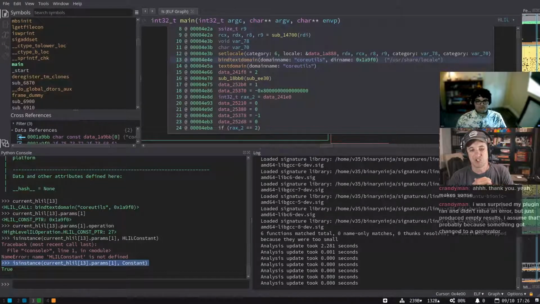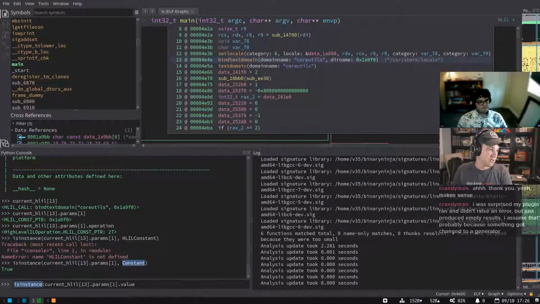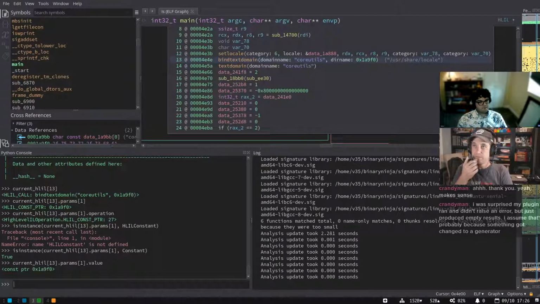Instead of checking for several different types of operation, now they're organized logically into these classes. Or not classes, what's the right word? Well, subclasses, I guess. So you can do stuff like this: is this current thing a constant? Cool. If it is, now I know I can immediately do a dot value on this, because it's a constant, and therefore it must have a dot value.